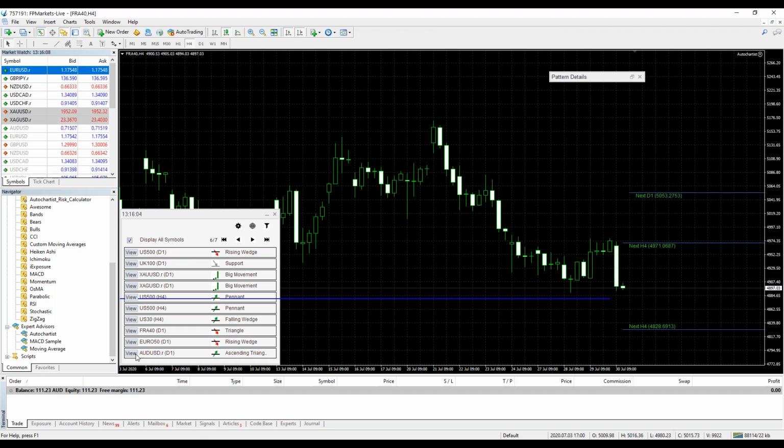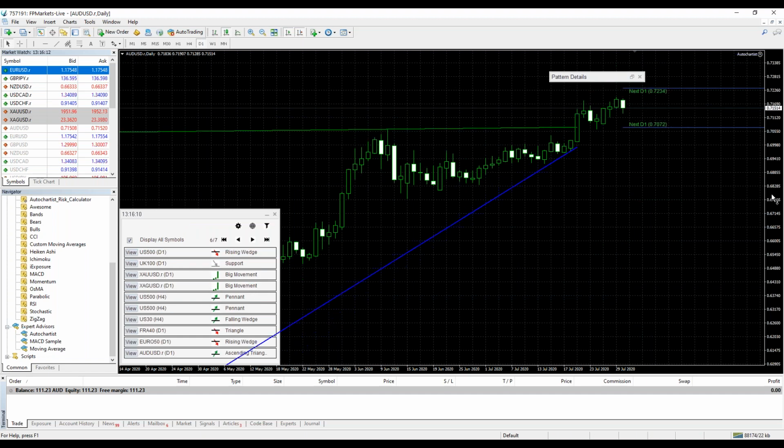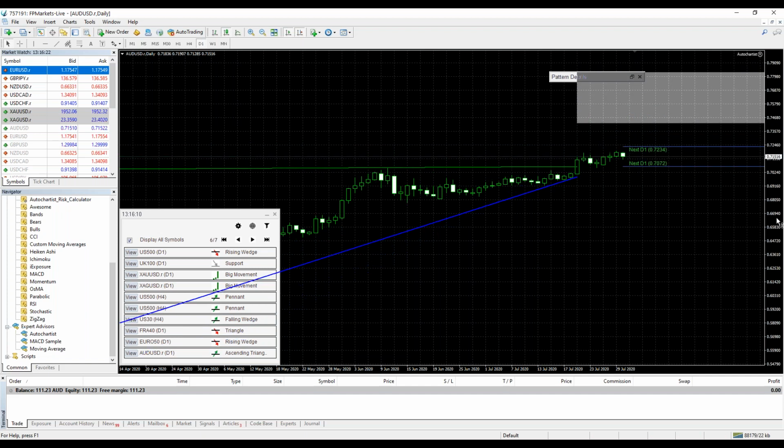Oh, ascending triangle on the Australian dollar. Let's see what that looks like. Maybe I was too late for it. Okay, so the ascending triangle I would look at, because that has a horizontal component to it, right? So you can see that green line, that has a horizontal component. I love horizontal lines, and so that is definitely the kind of opportunity that I'd be looking to trade. Again, this is my personal style of trading, very much based around the past performance stats.